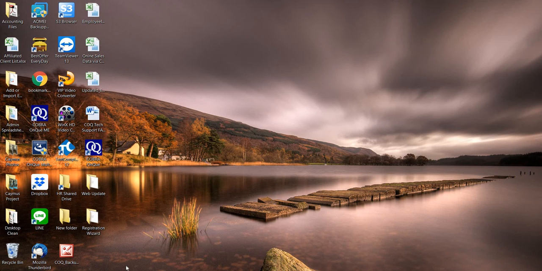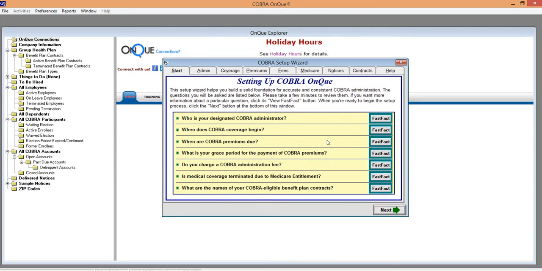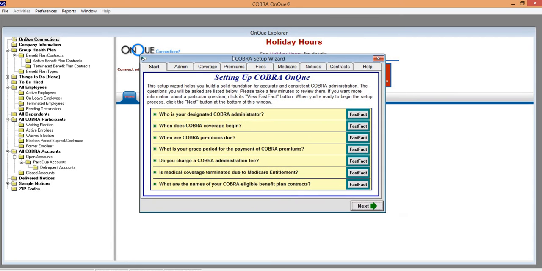In this video, we will discuss the COBRA Setup Wizard. You've installed your software, you've completed the registration wizard, and now you need to walk through the COBRA Setup Wizard. Simply open the software. With the registration wizard having been completed recently, you will be immediately brought into the COBRA